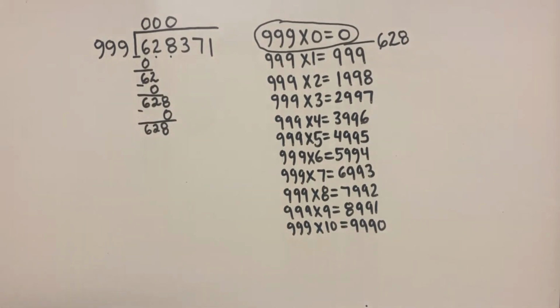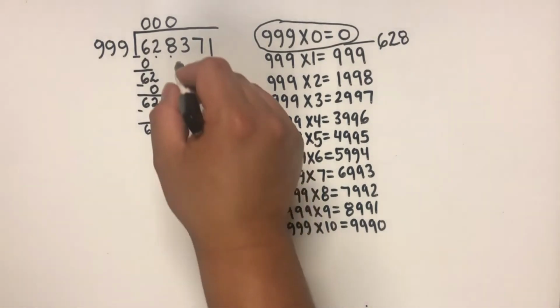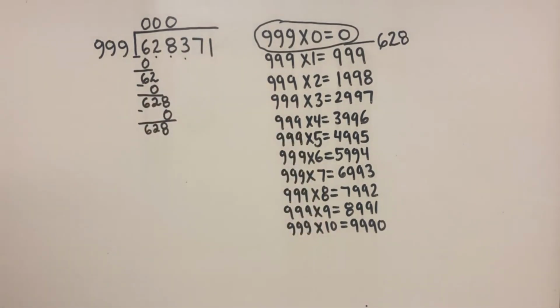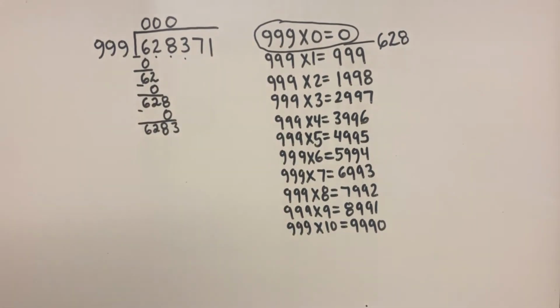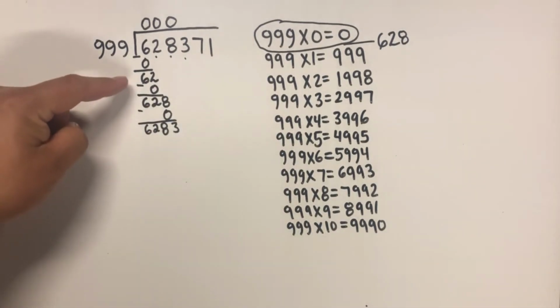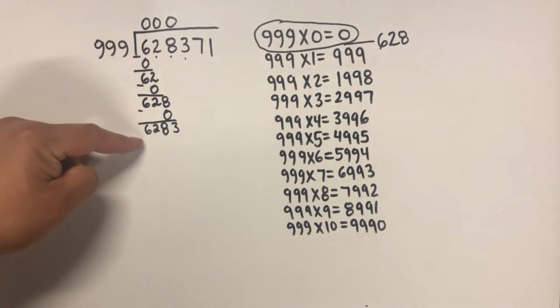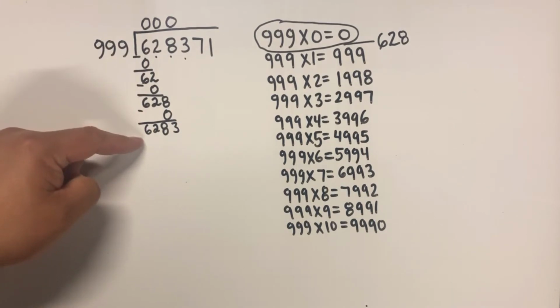Okay. So now, the next number in the list is the number 3. So I'm going to bring it down. So now, you can see that the number is getting bigger. It started with 6, 62, 628, now 6,283. So now, the next step that I'm going to do is just repeating what I've been doing, which is